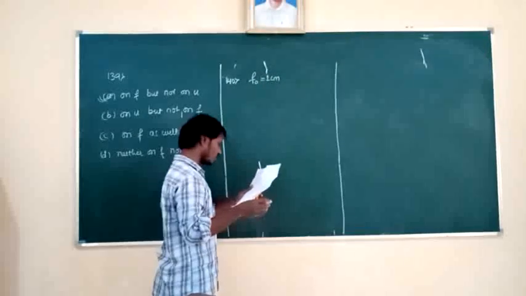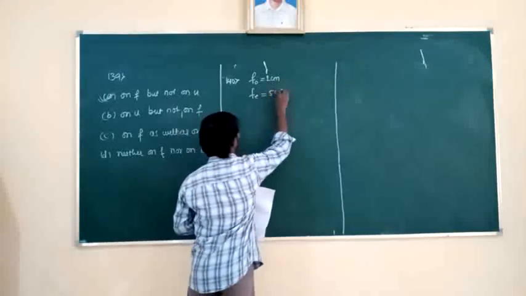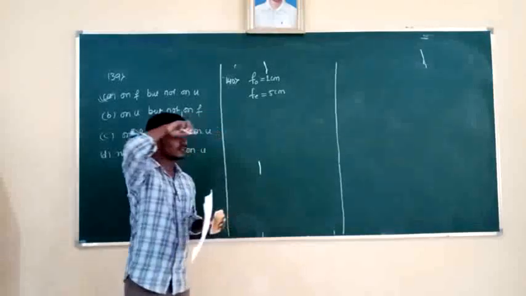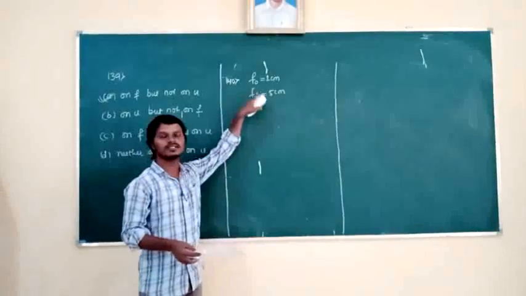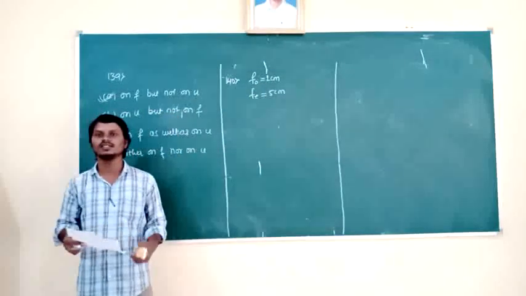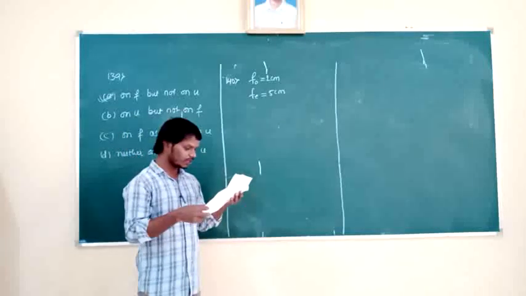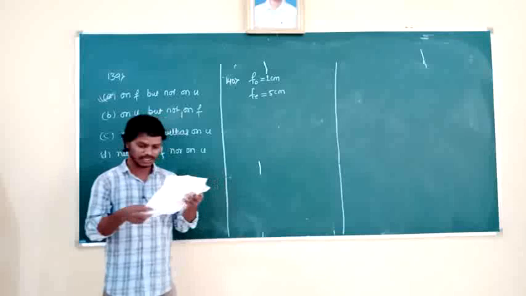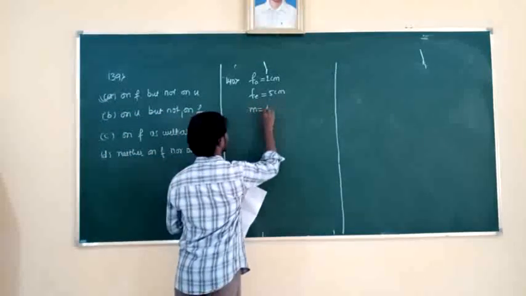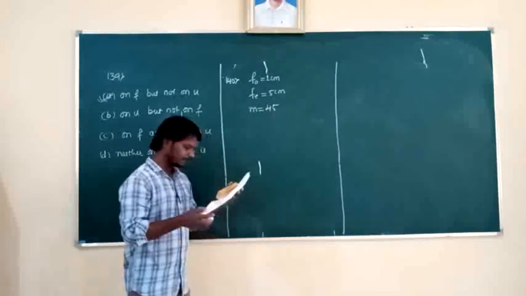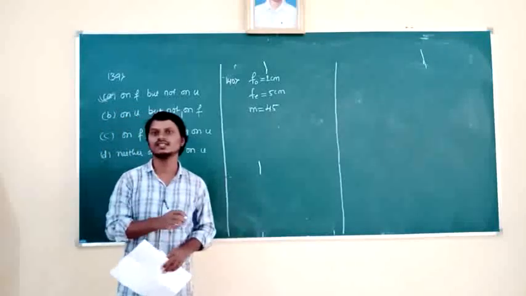And the eyepiece having the focal length how much? 5 cm respectively. The objective lens having the short focal length and the eyepiece having the large focal length means it is which type of microscope here? It is a compound microscope. If the magnifying power for the relaxed eye is given, that is 45, then the length of the tube is, so we have to find L, the length of the tube.